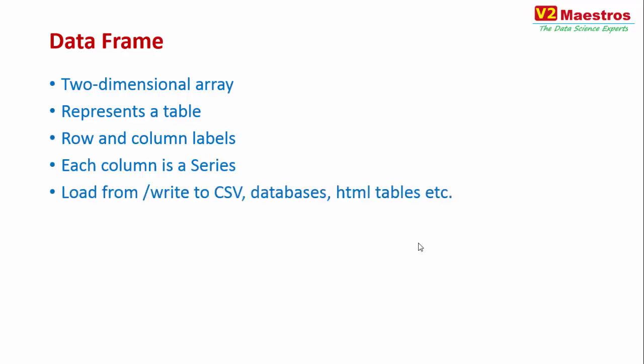A data frame provides a quick and easy way to load and read data, as well as write data too. You can read data from CSVs, from databases, from HTML tables, from JSON objects, from HTML text. So anything that represents a table, pretty much there is a converter available that can take data from these table-like structures and load them into a data frame. The same applies for writing data also. You can write back to any of these structures with just one function call. So that is a very easy way of getting data into a data frame and getting data out of a data frame. That is one of the strengths of the data frame.